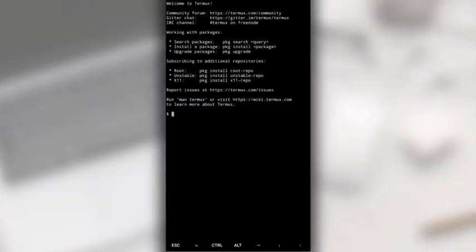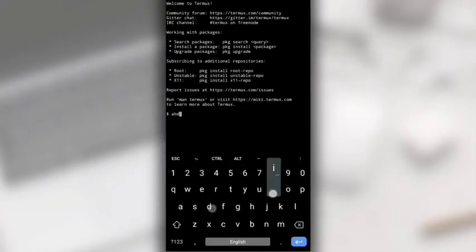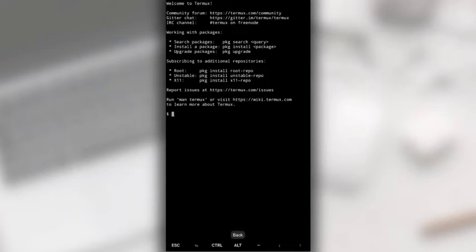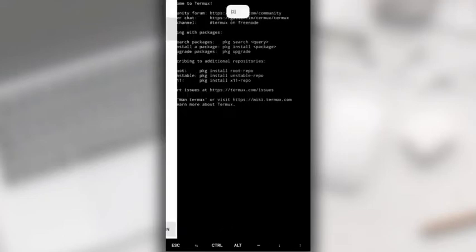If you click on the screen, the keyboard will appear and you can write any command here, and to erase it you can use the delete button. Press the back button to hide the keyboard after you are done writing. If you swipe from left to right, a session tab will appear. Here you can create different sessions by clicking on new session. It will help you run multiple programs at a time. But it's not unlimited, you can only create 8 sessions at a time. If you want to create more, then you need to close existing ones.